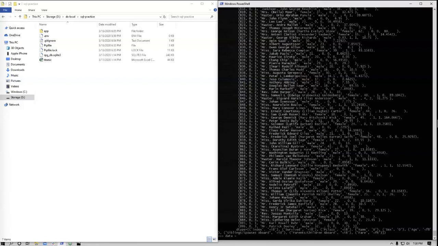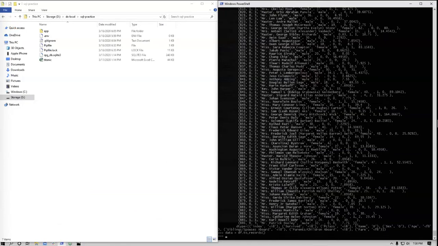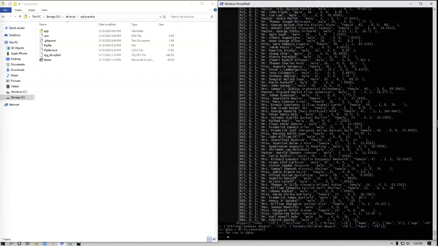I can say data equals df dot, what was it? Two records. Yeah, dot to_records. And I want to keep the index, so I'll just throw it in there like that, and then say for row in data, do some things. Start working that process out, just the same way that we did it before. Exactly the same thing. Nothing changed.